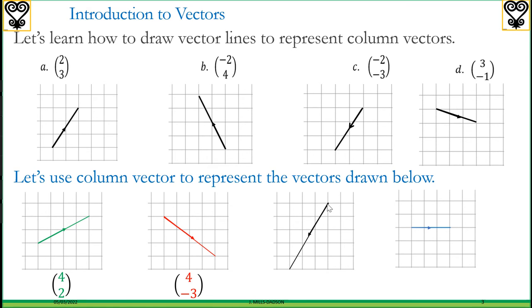So we start 1, 2, 3 to the left, then 1, 2, 3, 4, 5 downwards. So it's -3, -5. Then 1, 2, 3 to the right and no upward or downward movement. So that will be 3, 0. Okay. Now having understood column vectors, how to draw them, and how to represent them using column vectors,